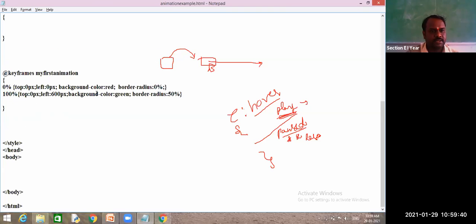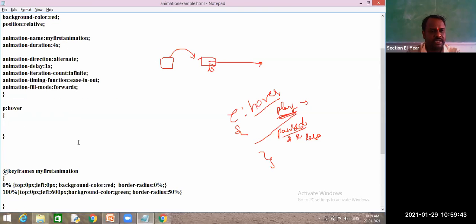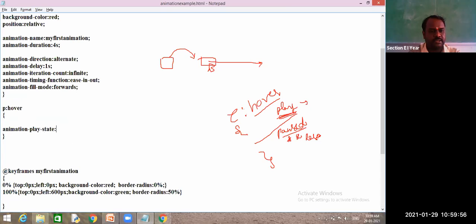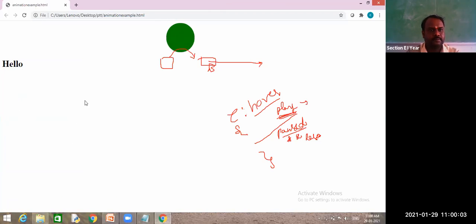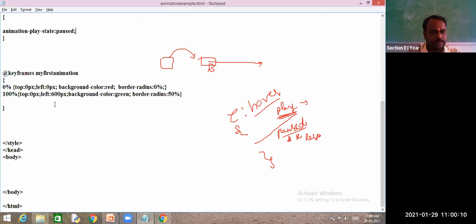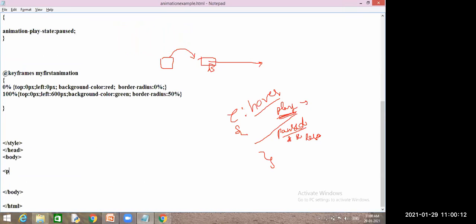What is this hover that we learned? Animation play state paused.